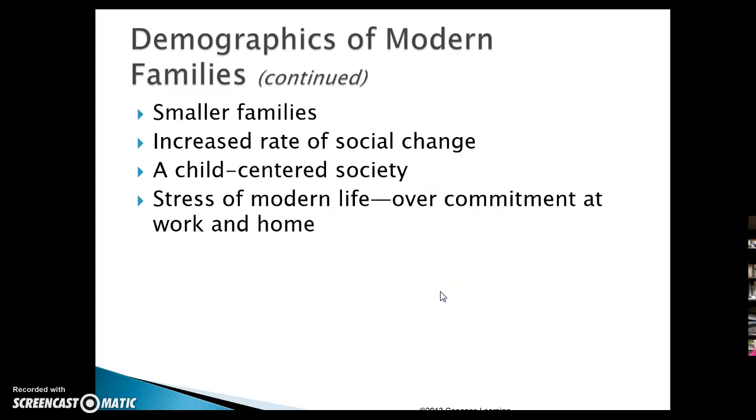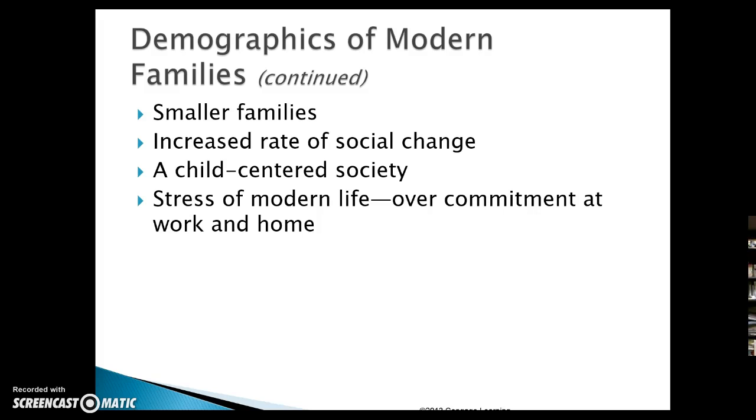We also know that modern families are much smaller. It's very common for me to have students share on the first day of class that they have siblings, 2, 3. I've even had students share, especially some of my older students, that they came from families of 8, 9, 10. In today's modern family, it's very common to have children who are only children, and maybe just 2 or 3 children in the home. This does affect the family as a whole, and ultimately will affect the child in your care.